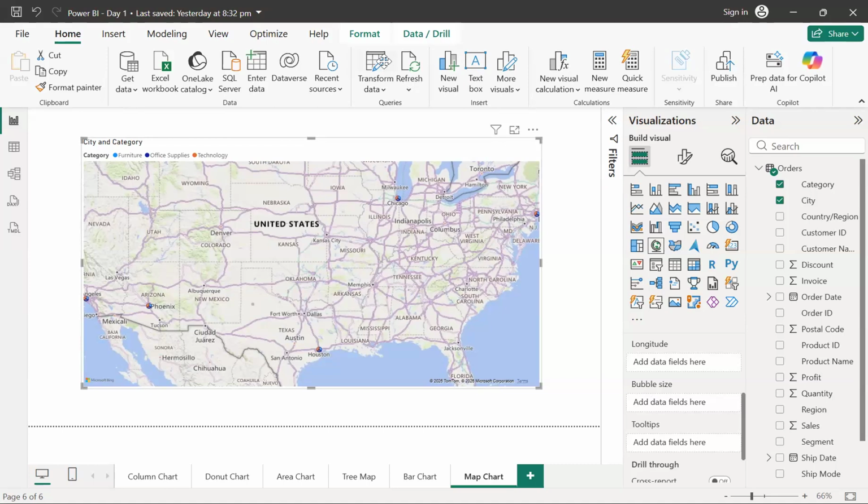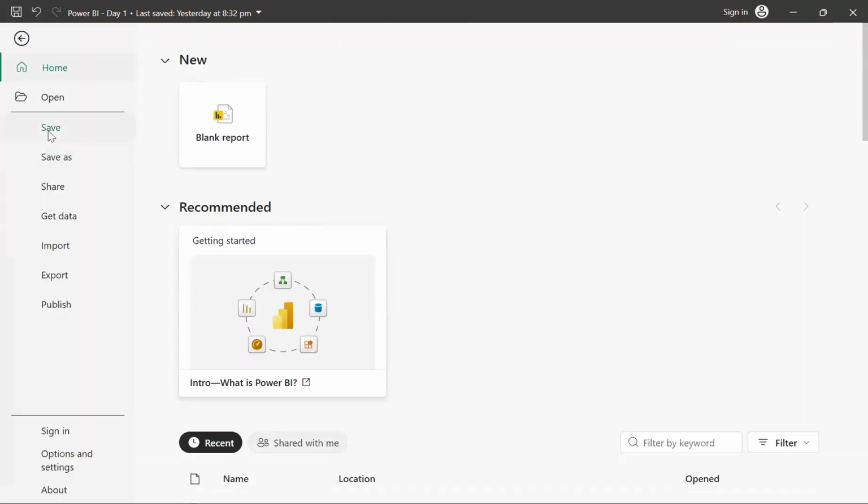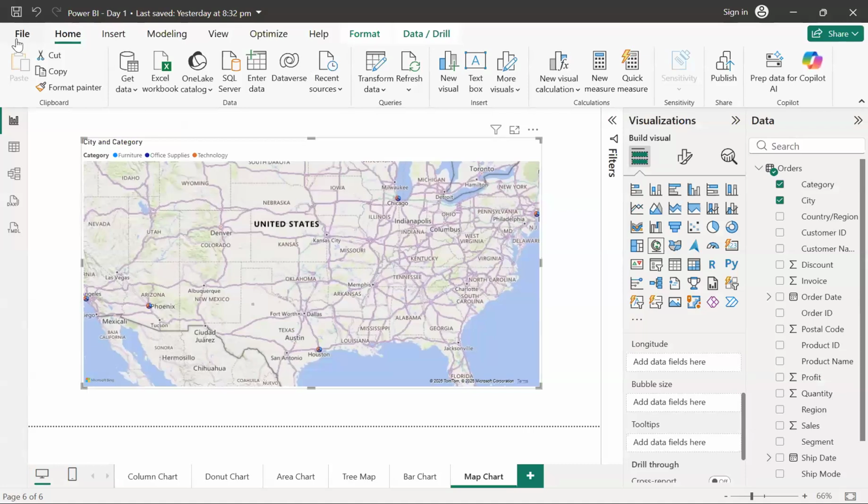Oh, okay. So I think then what you guys need to do is restart this Power BI. For that, I think you already saved it somewhere. You just need to save it once again. Just save this report once again, and then close this Power BI and reopen it. Just open it again.